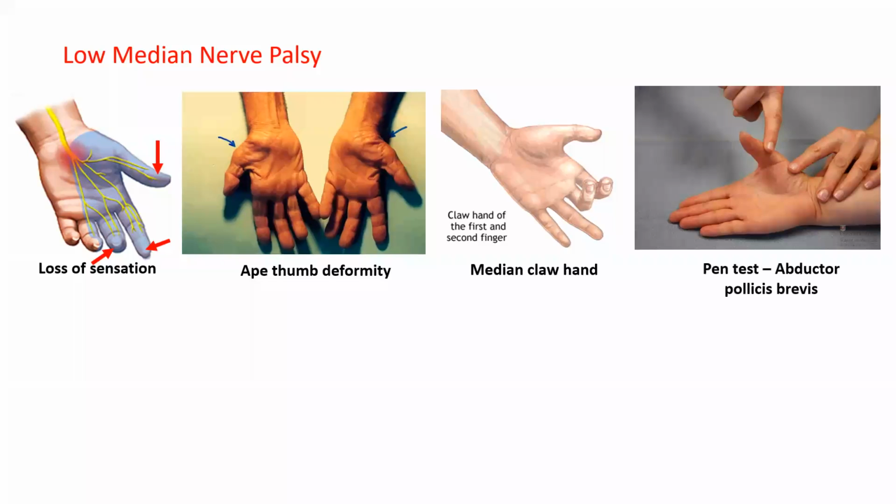And the other clinical test for the median nerve intrinsic muscles is the pen test, where we specifically check the abductor pollicis brevis. If you remember the radial nerve class, I was telling that the abductor pollicis longus causes the radial abduction. This is radial abduction, whereas this is palmar abduction. This action is by the abductor pollicis brevis muscle. You keep the patient's hand flat on the table and hold a pen here, parallel to the surface of the palm. The patient should be able to lift or abduct the thumb and touch the pen. This is called the pen test.